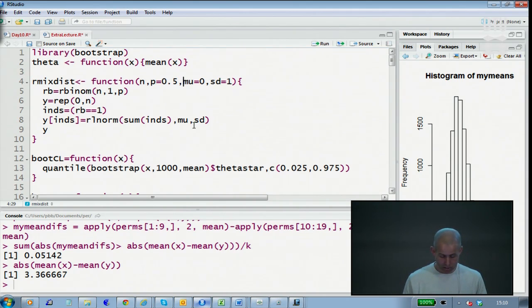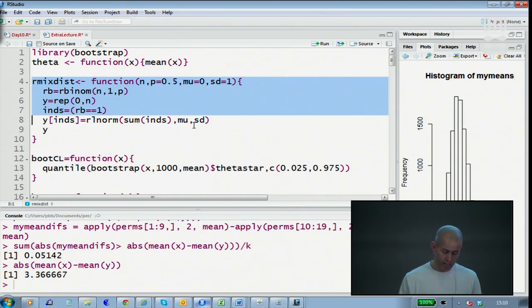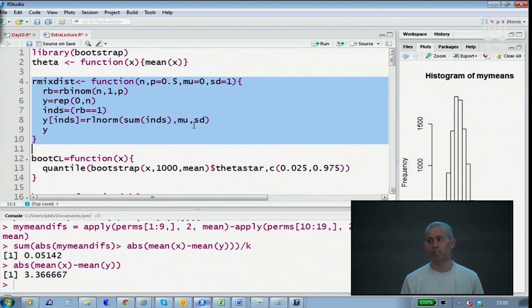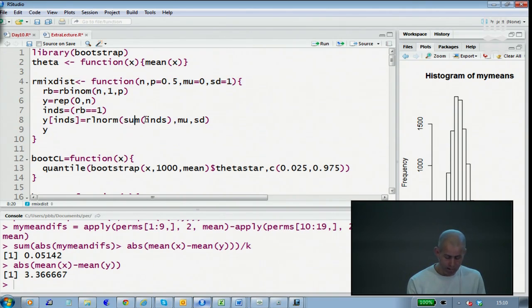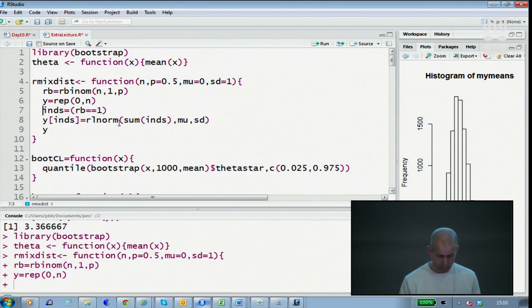I would need, just as a detail here, to set up a function to simulate this funny mixture distribution, since at least I didn't find such a direct procedure in R to give me that. So basically, without details, I use a binomial to simulate whether it's going to be a 0, or it's a random log normal. So that's the mixture distribution I've put into my own function here.